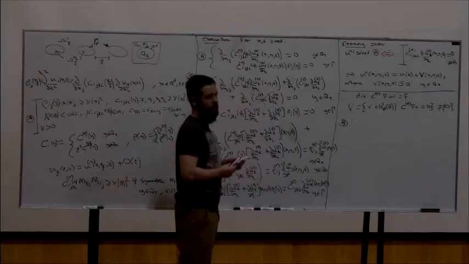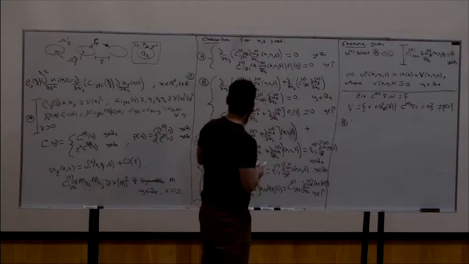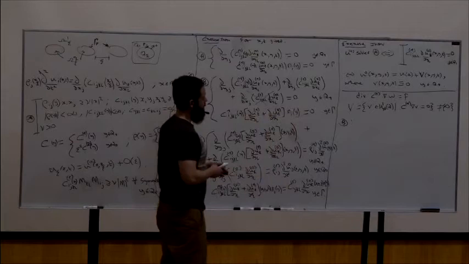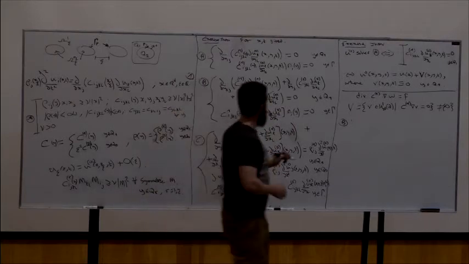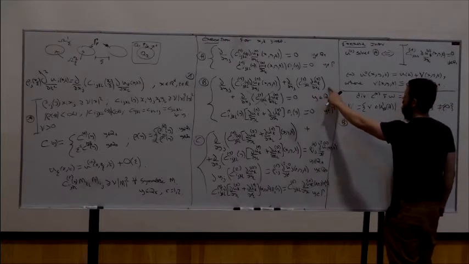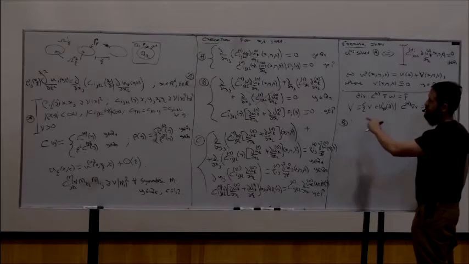Yeah? So we only need to study. So I'll just keep it crossed out for now. So we only need to study this line equals 0 and this line equals 0. And now if I multiply this equation by an element from this space and use integration by parts, you will see that the right hand